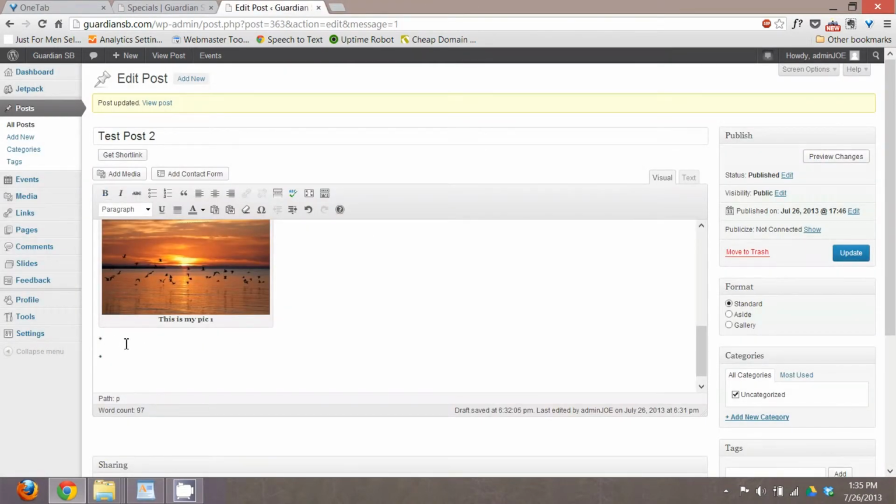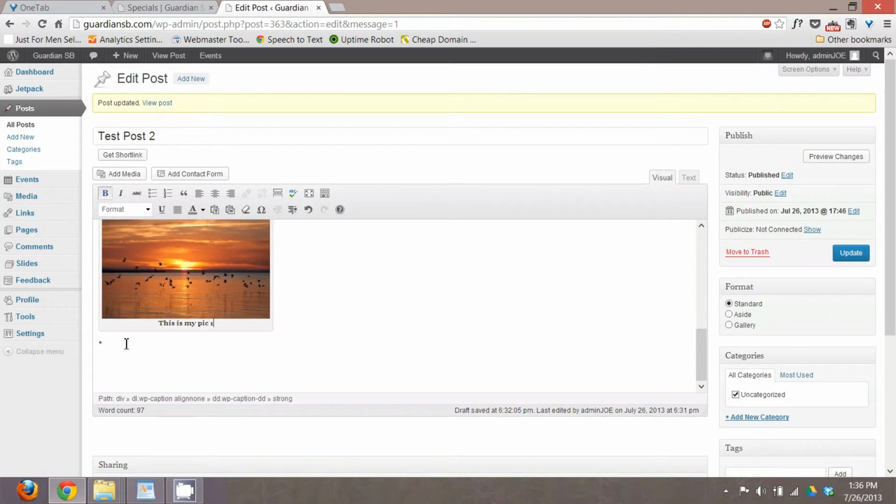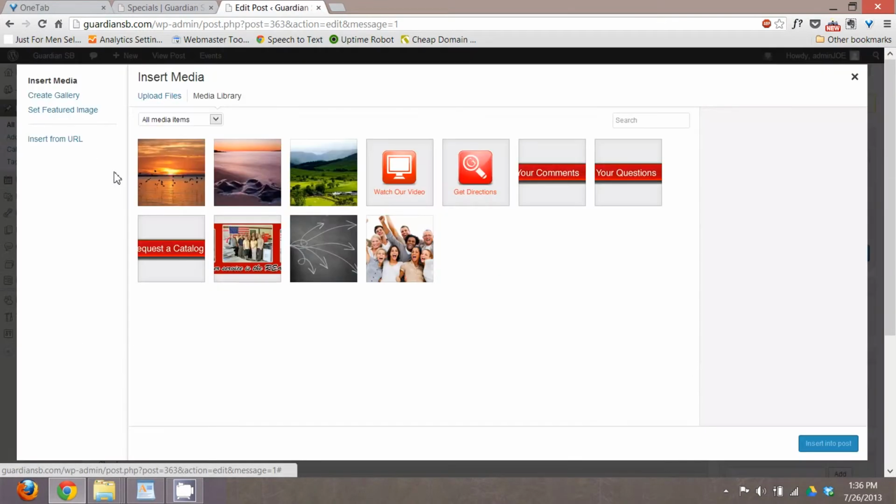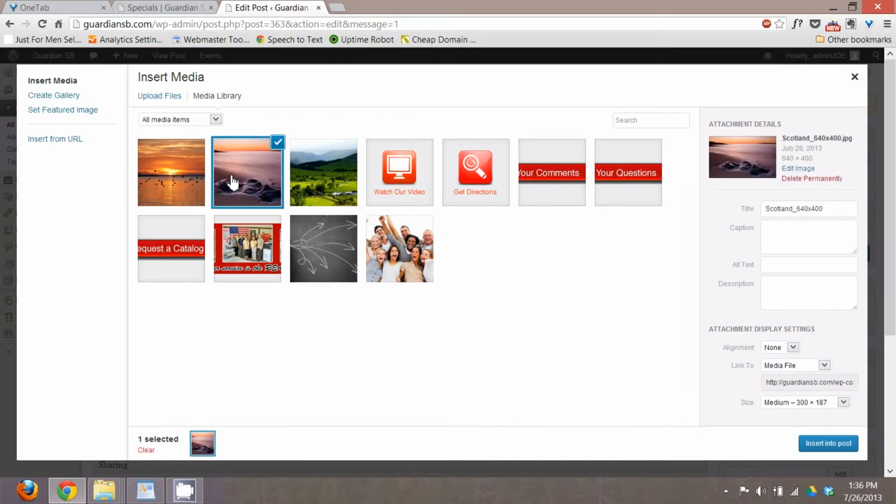Close out of that, and we're going to add another picture right below it. I say right below it because if you try to backspace, you see where your cursor just went into your text. This is where things get really complicated when you're dealing with captions. It's hard to control that cursor. So if I say try to put in another picture with a caption and insert into post,